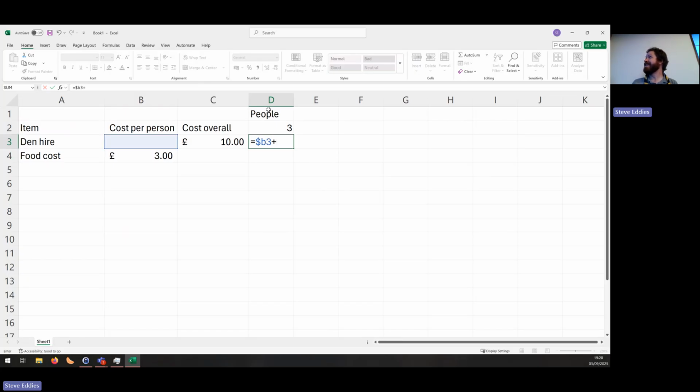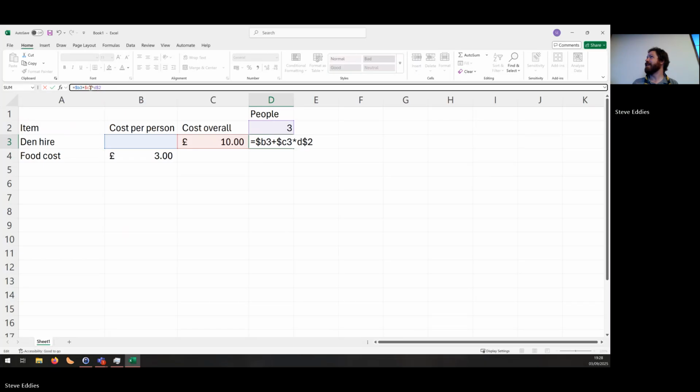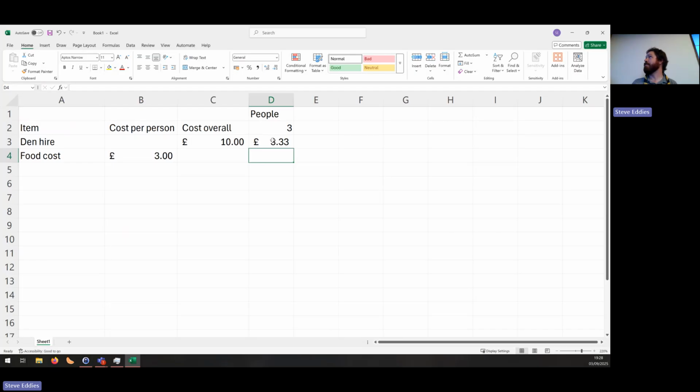Yeah, there's some advanced Excel stuff, Mr. Steve. It's got to be mixed up. D2. Is that meant to be a division rather than a multiplication? Because here we've got, if you've got 3 people, then the den hire cost is